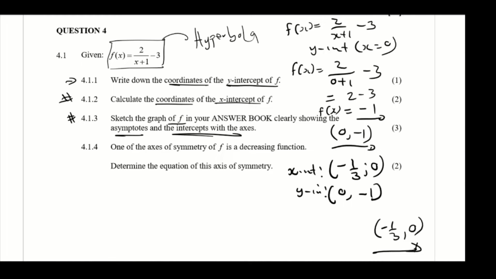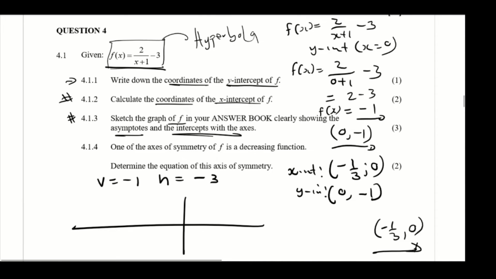So we have our equation is this one here, our asymptotes. Our vertical asymptote is equal to minus 1. Our horizontal asymptote is equal to minus 3. So when you draw your graph, it's a vertical asymptote, which is x equals minus 1, and your horizontal asymptote, which is